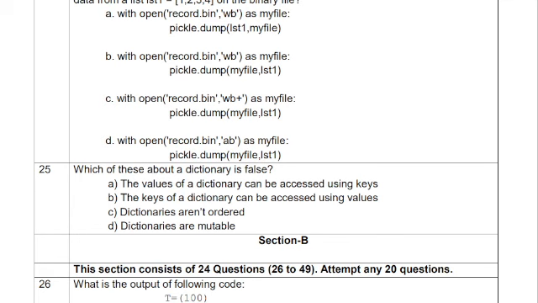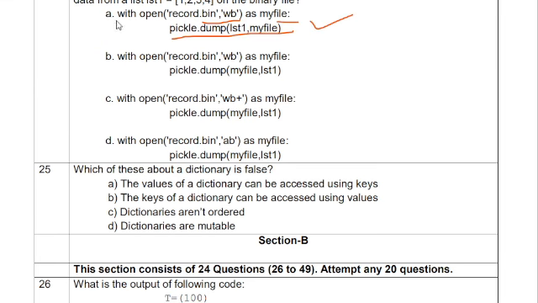24th question. Which of the following statements opens a binary file record.bin in write mode and writes data from a list? list1 equal to 1, 2, 3, 4 on the binary file. So as you can see, open the binary file record.bin in write mode as myfile, dump method.